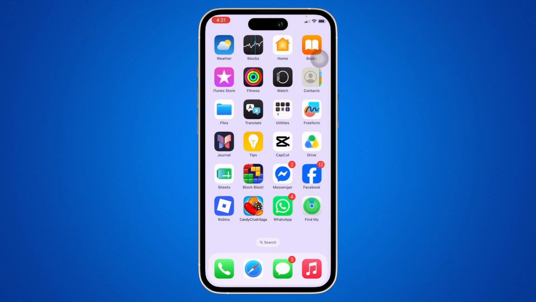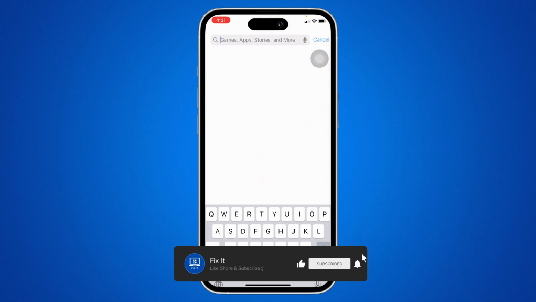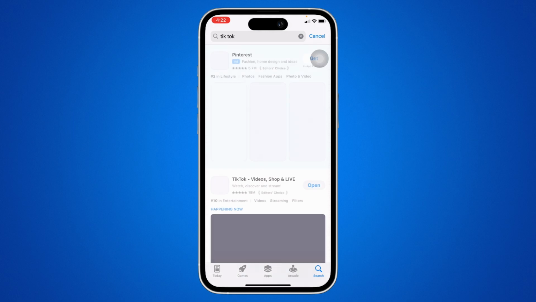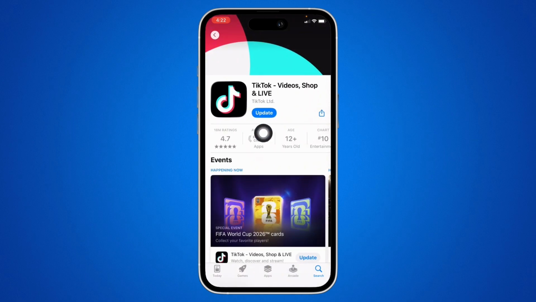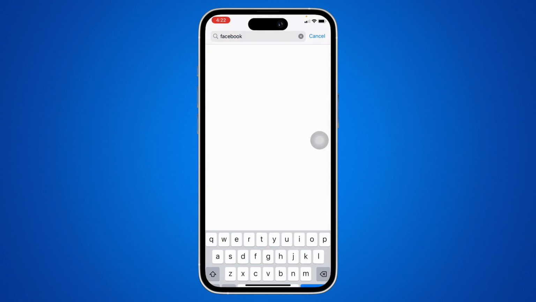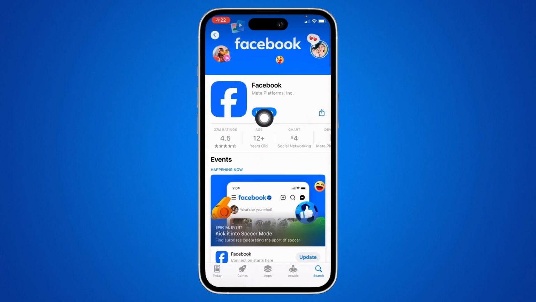If not, then go ahead and open App Store on your device and then tap on the search bar and search for TikTok and then search for Facebook individually and make sure both the applications, that is TikTok and the Facebook application, is updated to its latest version. And if not, then go ahead and update these applications in order to use the latest version of the app